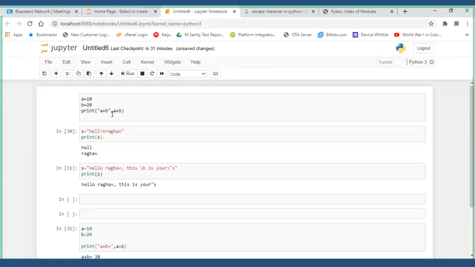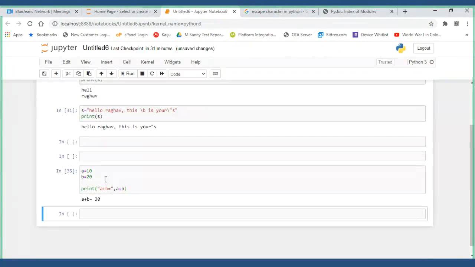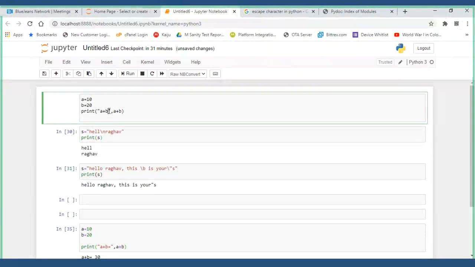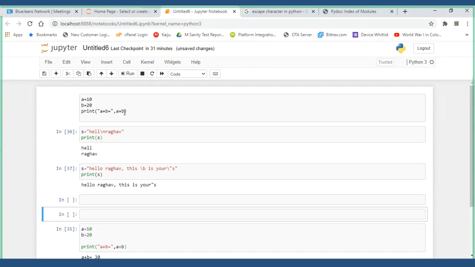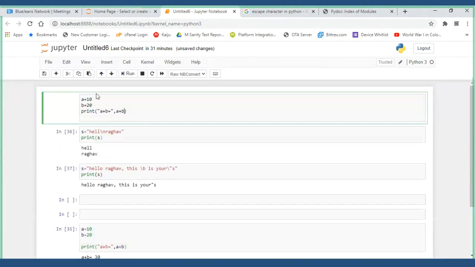I don't know what the issue is. Even I am not able to make it out. The color also didn't get changed. I am not aware of the reason.